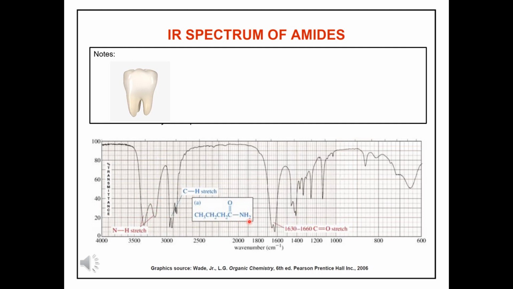And if you remember, if it was a secondary amide, there would only be one of these peaks which represent a canine